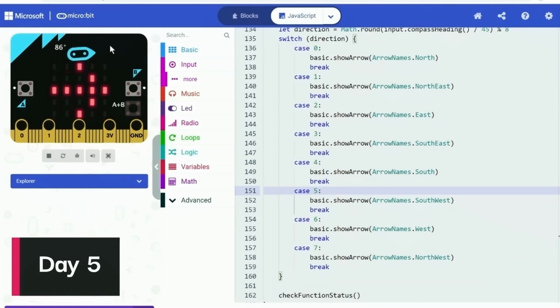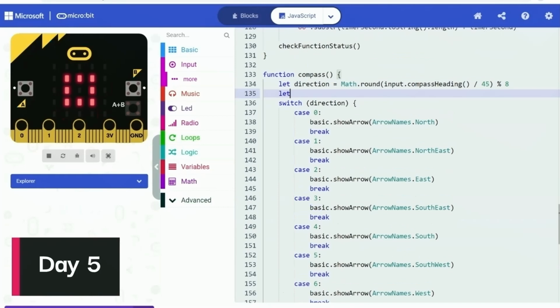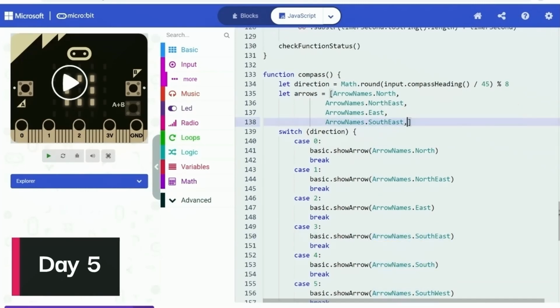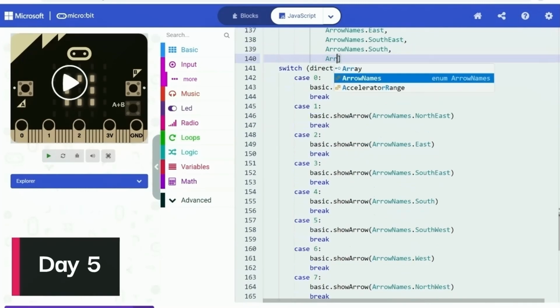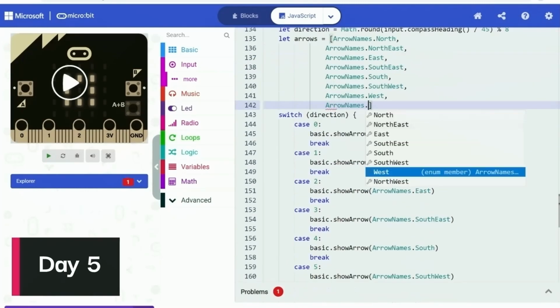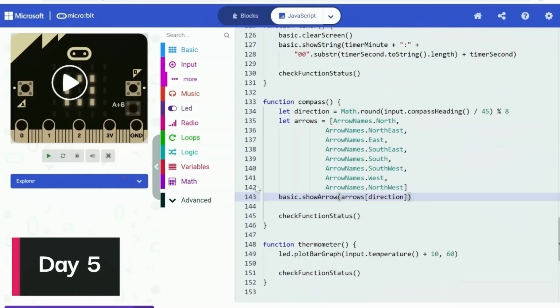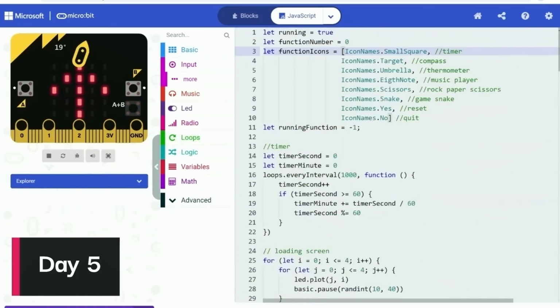Just as you can see in the video, as the compass for the simulator changes, the arrow on the LED screen also changes along based on that. Then I simplified the program by putting all the arrows into a list that would be listed based on the number each was assigned with. After that the logic became pretty simple. I just needed to get the arrow on the index of the number I calculated, and that arrow would be exactly the arrow I needed. It was another long boring work of rearranging all the arrows into the list, but I thought it was worth it, since it now definitely looks way cooler with no doubt.